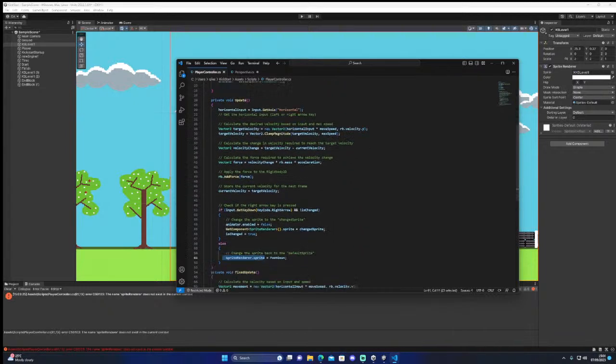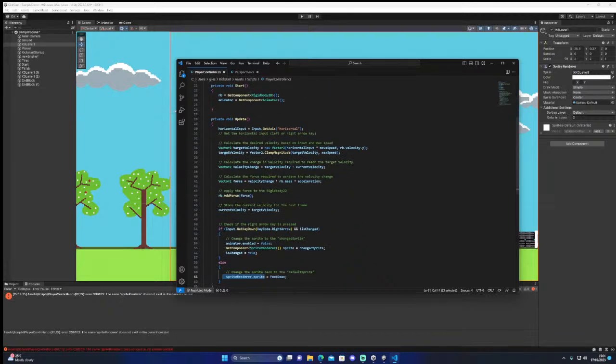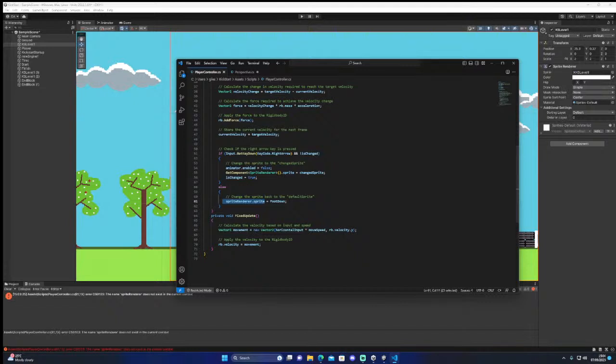Right, so I need to get components animator, and animator enabled equals false. Right, I need all that changed. So let's have all that.